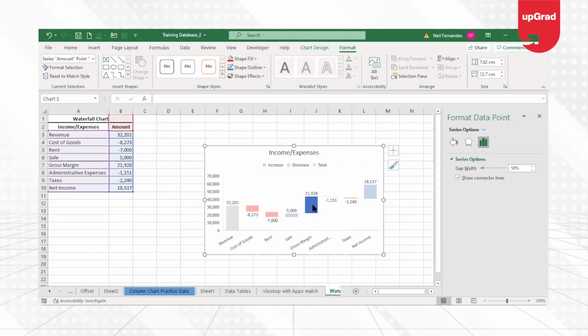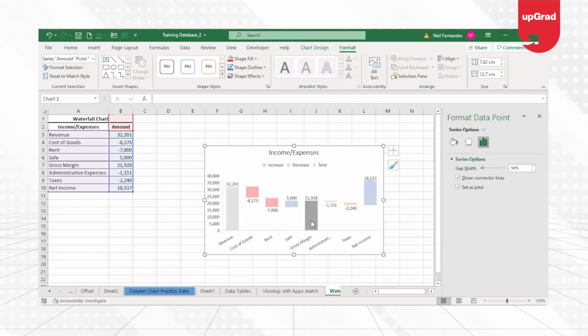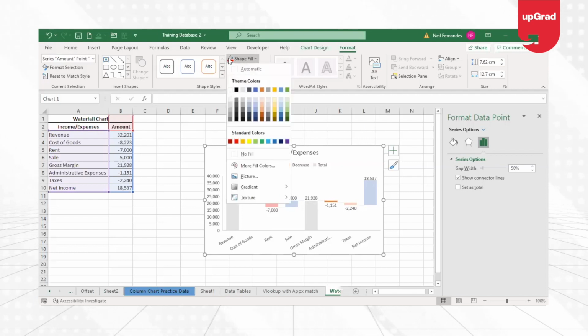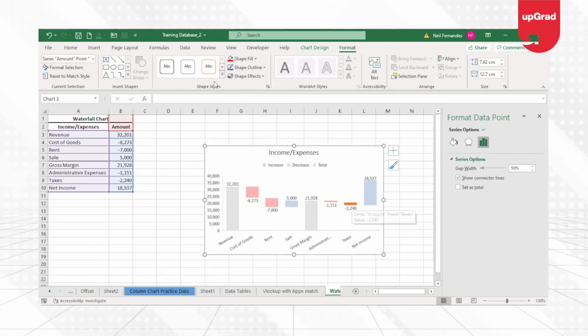So I'm going to select this again and show that as a total. So now you will see that it automatically goes on to the zero. It starts from a zero and becomes like this is a total. Again, you go back to the next one, which is this number, and need to show it as red. So I'm just going to keep that as red. Let's take the next number, which is again the taxes. So that is a negative number. I'm going to put it as red.